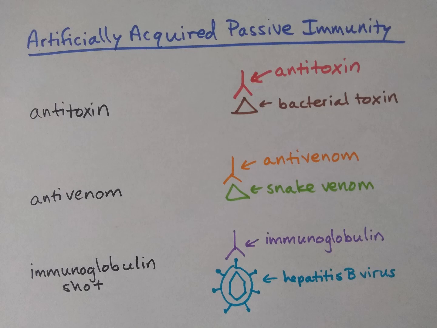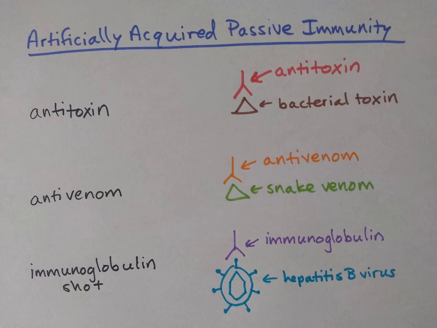If you got bit by a rattlesnake while you're out hiking, they will give you antivenom. So you're being given antibodies that will bind to the rattlesnake venom, which will help prevent the snake venom from doing more harm to you. And then another example of